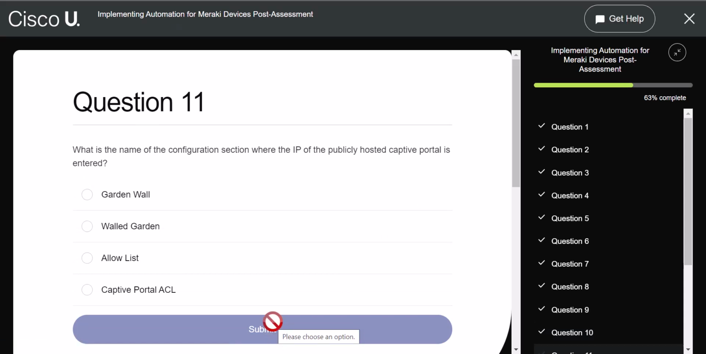Okay. What is the name of the configuration section where the IP of the publicly hosted captive portal is entered? So it is walled garden, I believe. There is definitely such a thing as a walled garden, and I believe this is the correct answer here because